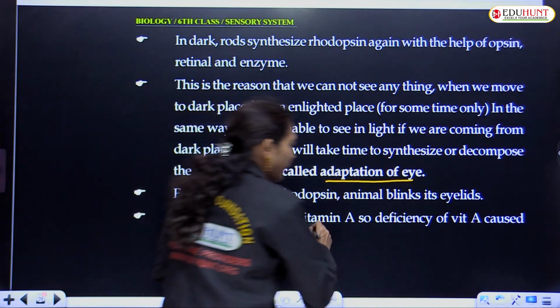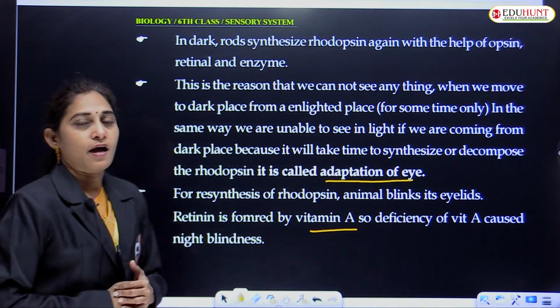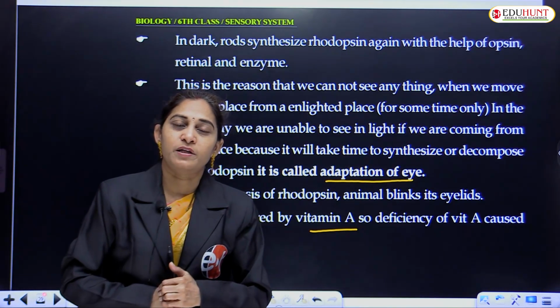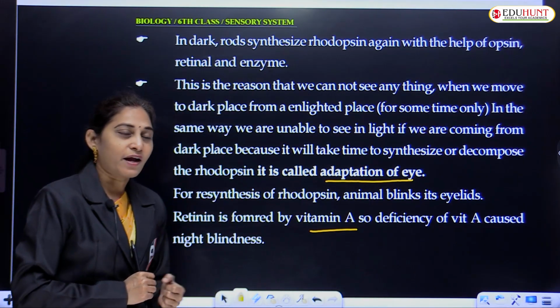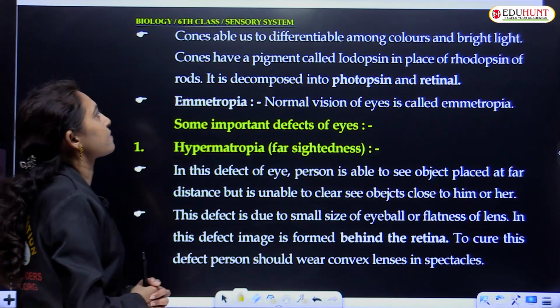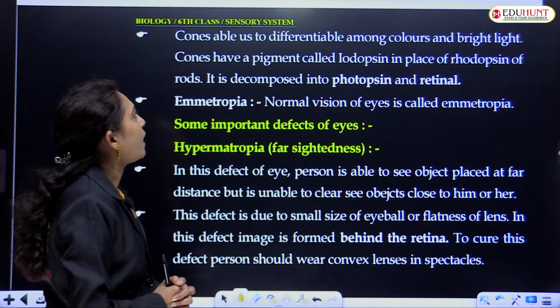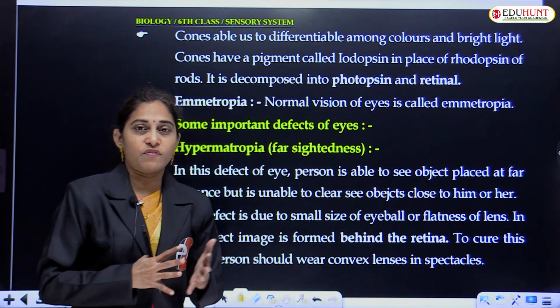So vitamin A is essential for synthesis of retinal, and the deficiency of vitamin A leads to defect in the vision or night blindness. Cones are able to differentiate different colors,